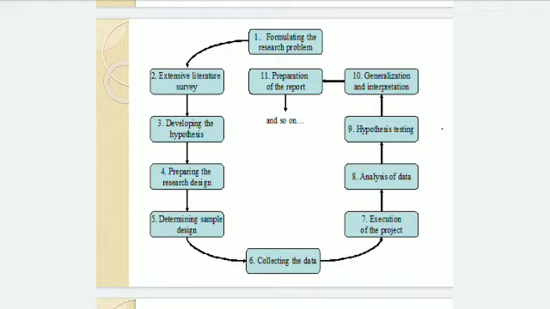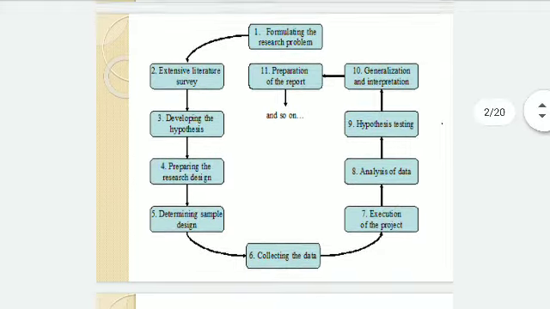Now, the first step is you have to formulate the research problem. So what exactly is a research problem? You have to identify various problems in that organization. Suppose you are doing a summer internship project in an organization where there is a problem of labor absenteeism. So for such identification of a problem, you have to first of all see which types of problems are there in that organization. If you want to do a project on employee satisfaction in any organization, and if the employees are already satisfied with that organization, then there is no point in choosing that topic.